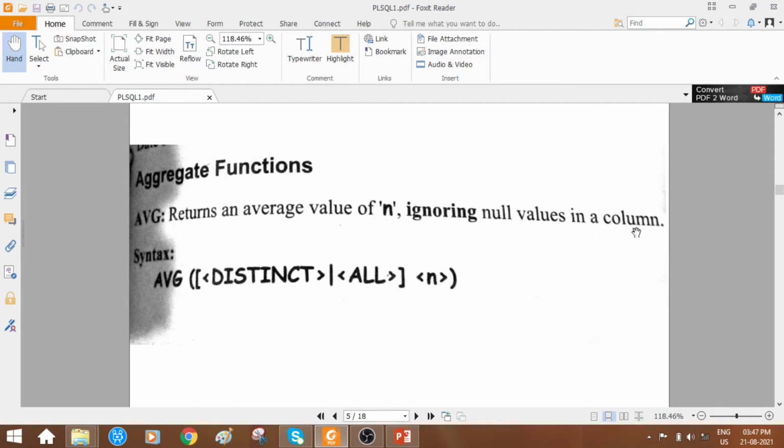Ignoring null values in a column. What is the meaning? Suppose you have 6 semesters, and now at present you are studying which semester? Second semester, right? If you are pursuing BCA and are asked to provide the BCA graduation marks, what should you do?